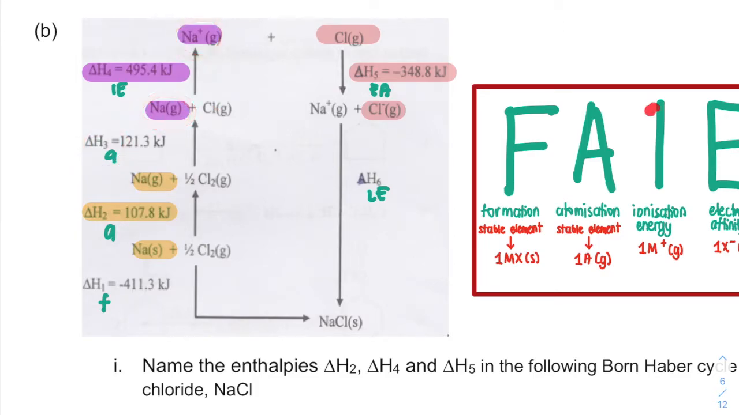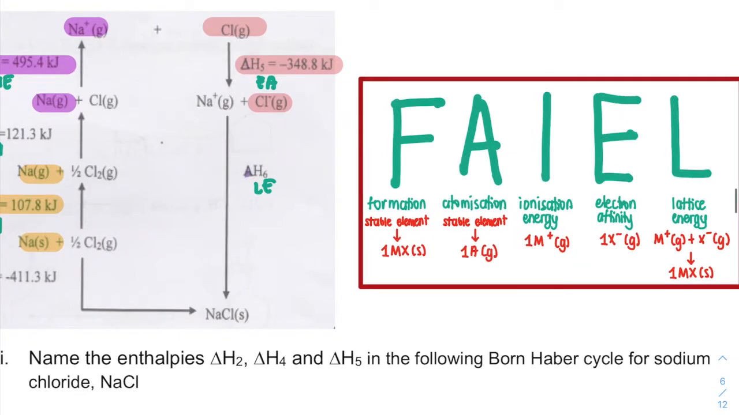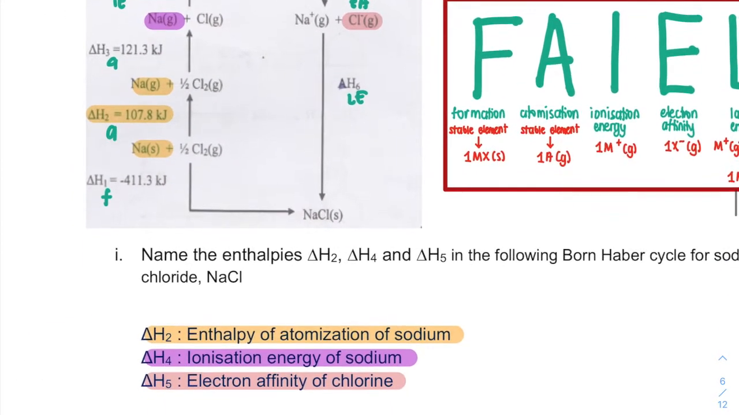Okay, ionization energy is when we form 1 mole of positive ion gas. So this is the ionization energy of sodium. That is H4. H5 is from chlorine gas to Cl minus gas. So this is our electron affinity, when 1 mole of negative ion is formed. Last but not least is from our gaseous ions to form our ionic solid. This one. Miss has labelled each of the cycle, but then the question wants